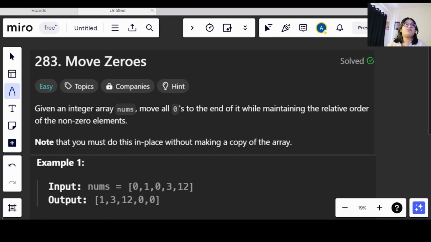Today we are going to see a new question from our DSA playlist and the question name is Move Zeros. This is an easy level question, and it has been taken from LeetCode. I guess this is our first problem that we are solving from LeetCode, and now let's move on